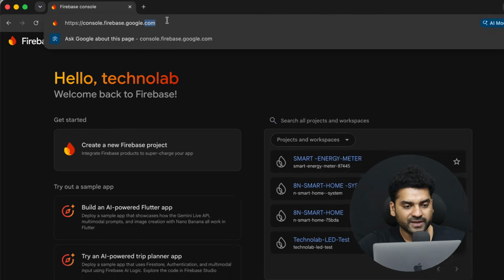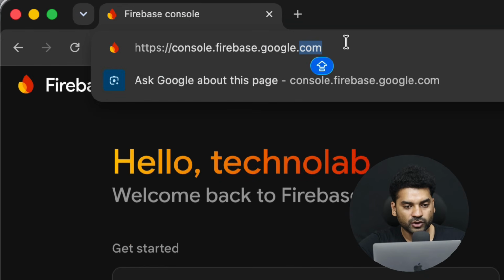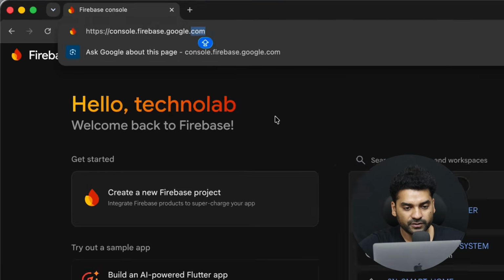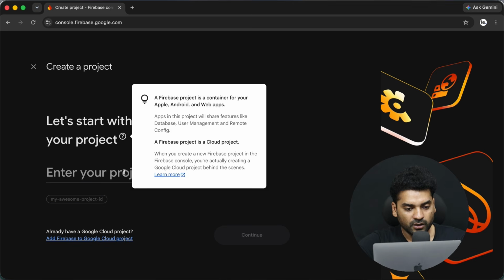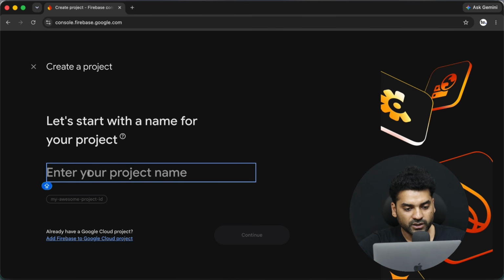First you need to open this website, that is console.firebase.google.com. You will get this link in the description, so directly click on it and open it. And after that, click on create a new Firebase project. Here you have to give a name to your project. You can give any name. I am giving it